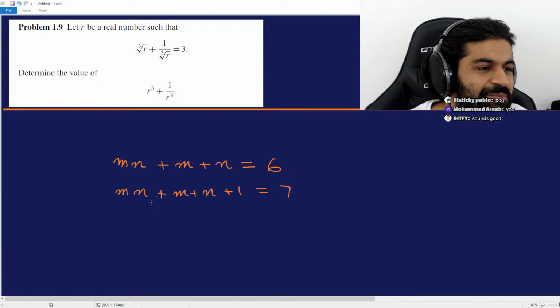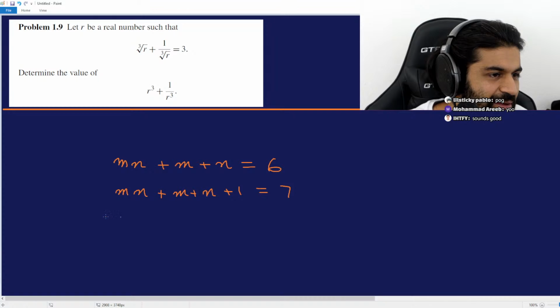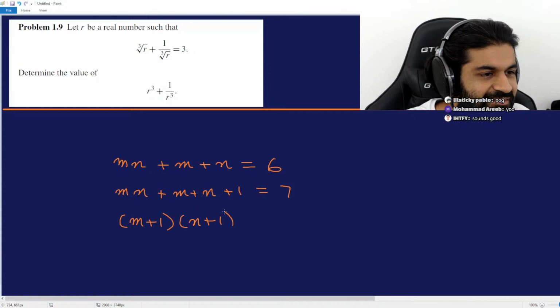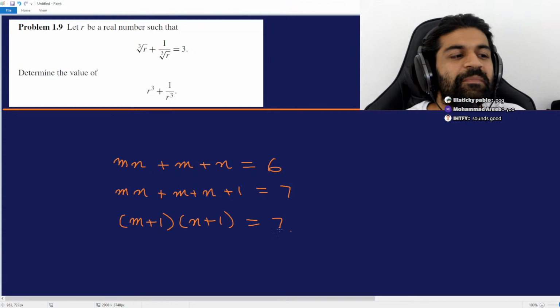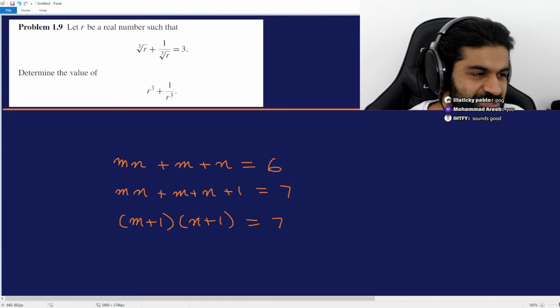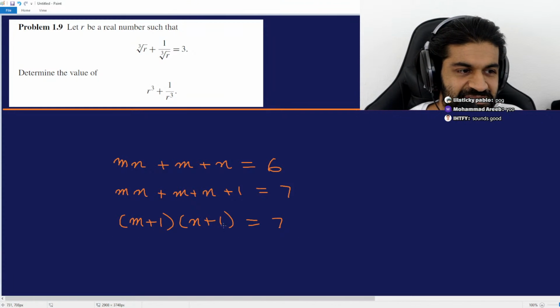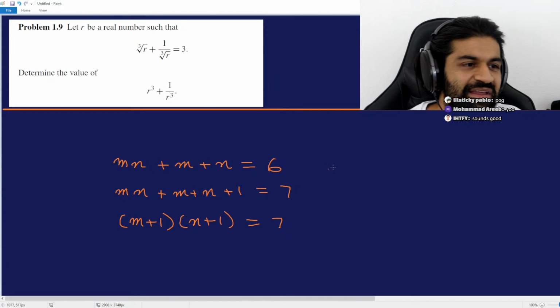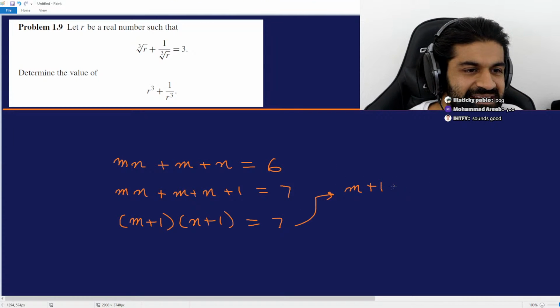But then m times n plus m plus n plus 1 is just m plus 1 times n plus 1, which is equal to 7. But I said m and n are integers, which means m plus 1 and n plus 1 are integers, and their product is equal to 7, which basically forces that m plus 1 is either 1